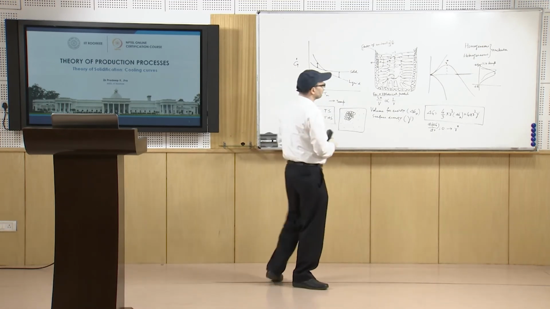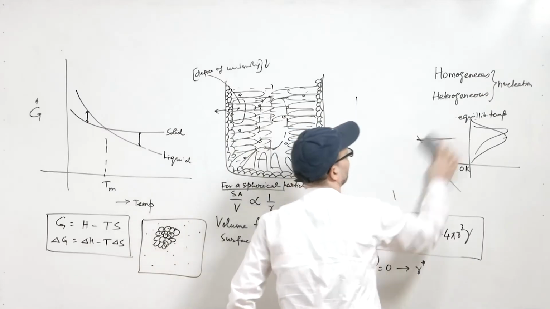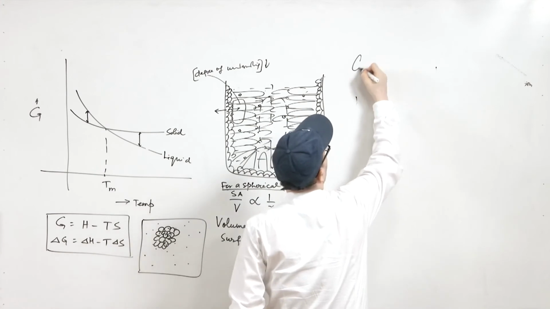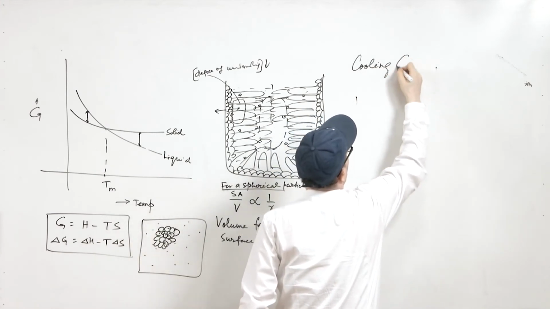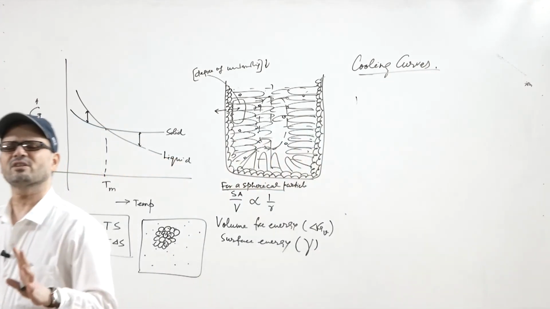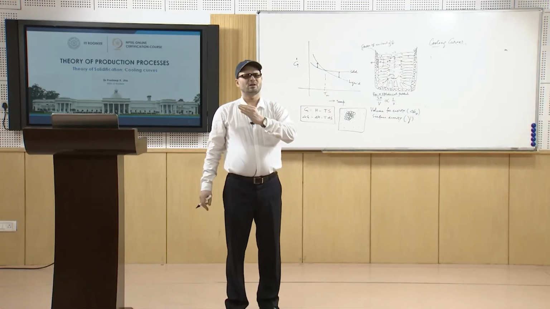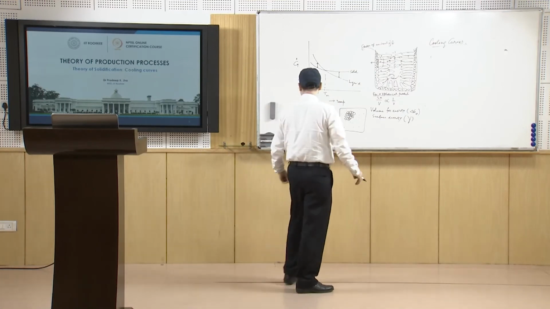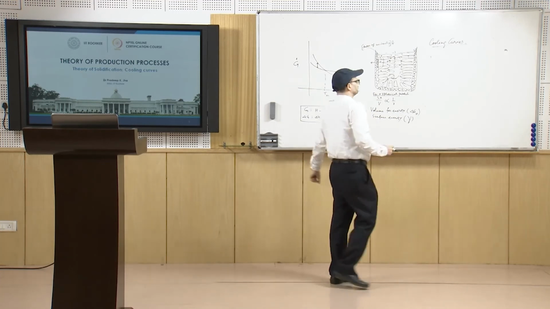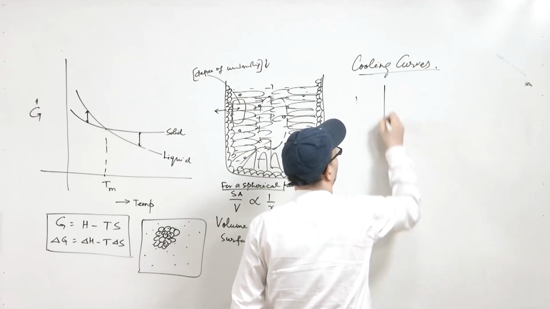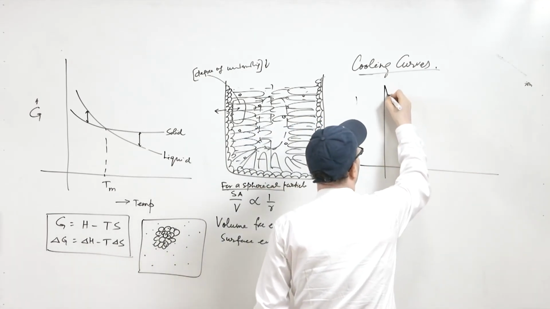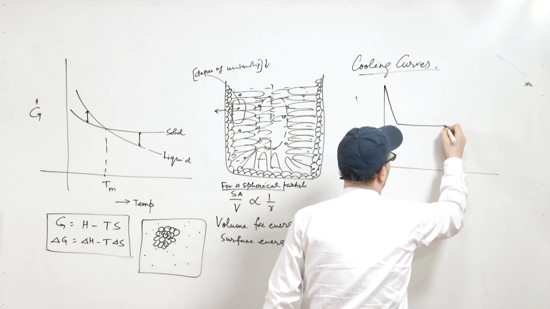Now, if we look at the cooling curves for metals and alloys, let us see how the cooling curves are drawn. Cooling curves are basically the variation of the temperature as we cool the material, that is, how the temperature comes down while solidifying. In the case of pure metals, as we know,